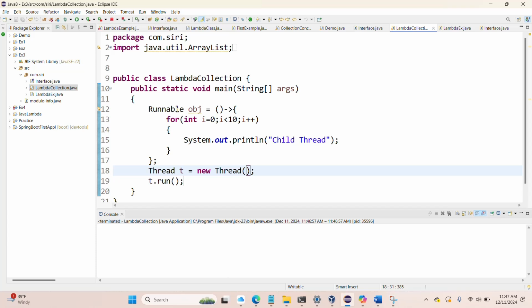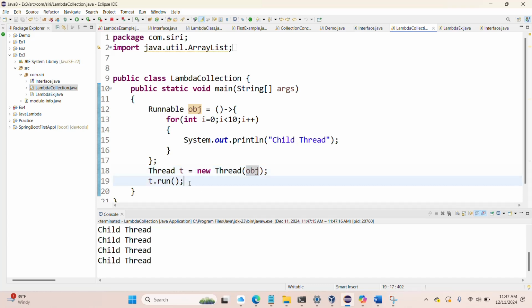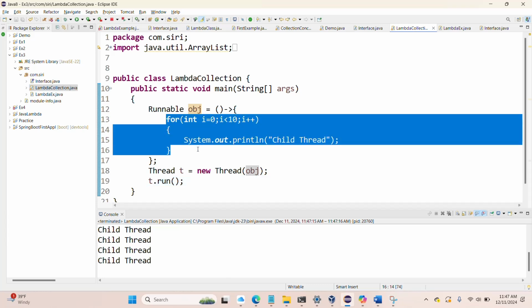So we have to give this object here, unless and until you do. This thread cannot recognize which one to run, right? If it is not given that reference, it cannot recognize which one to run. So now it ran that child thread. So even in the main class also we can put this same